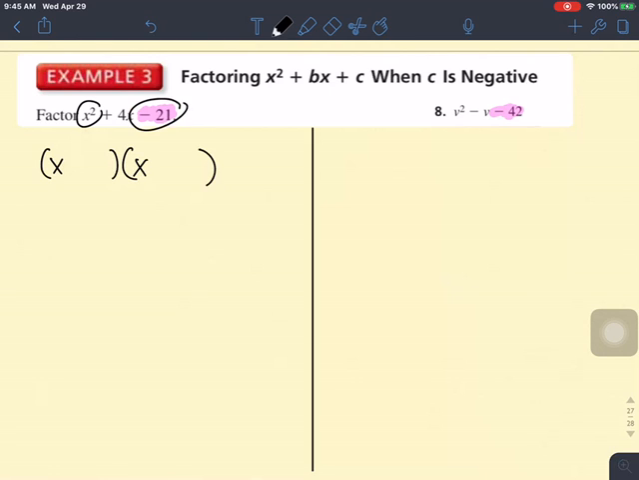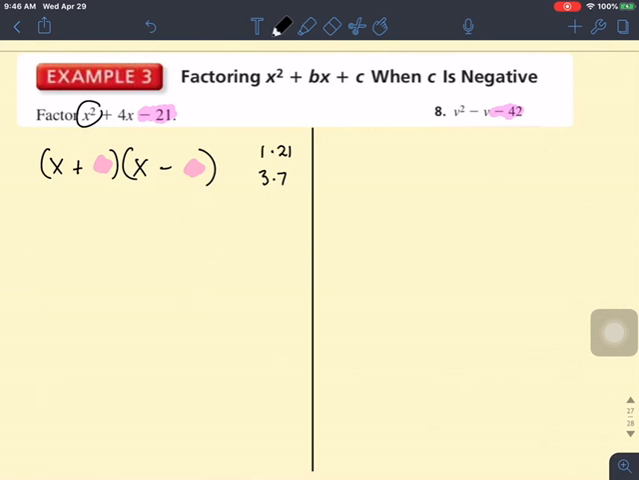Because this number is negative, it means that when you multiply the last two numbers, when you multiply this number times this number, you get a negative product. That means one of these numbers has to be positive, and one of these numbers has to be negative to give you the negative 21. Now we got to figure out the factors of 21. We can make 21 by multiplying 1 times 21 and